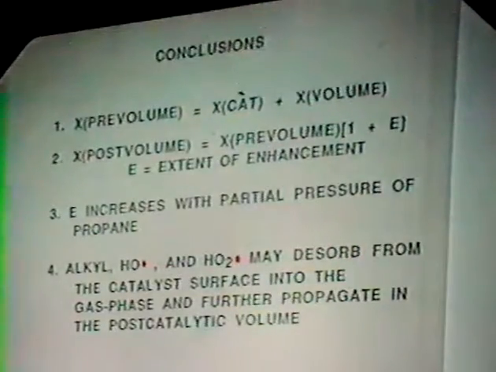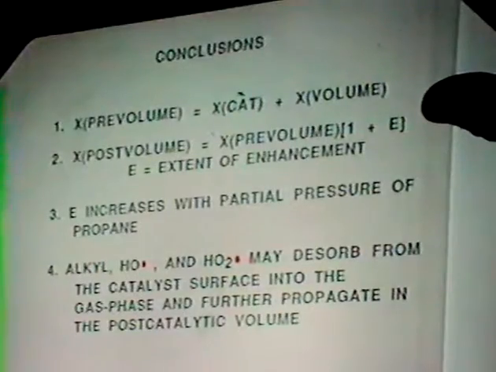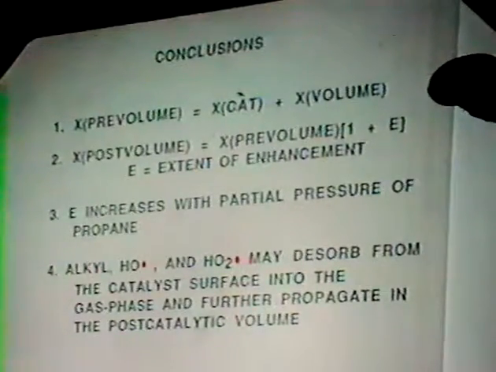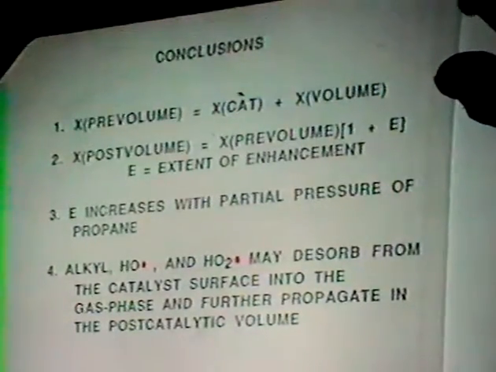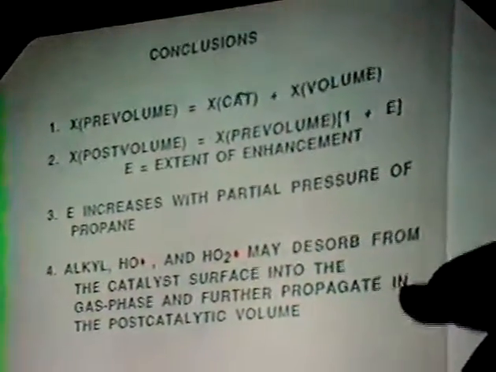And finally, one conclusion that I do not have here is that we are also looking at the possible desorption of reactive species on some other catalysts. In particular, we're looking at the vanadium phosphorus oxide catalyst, which is used for the butane oxidation to maleic anhydride. And under certain conditions, about 450 degrees Celsius, we do find evidence